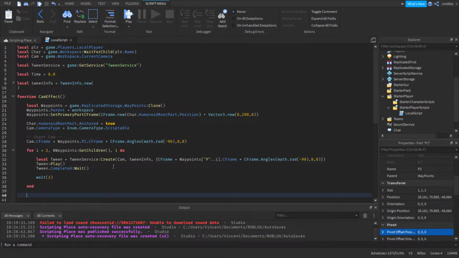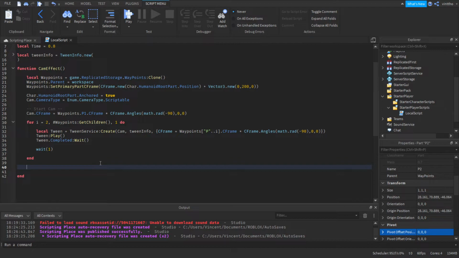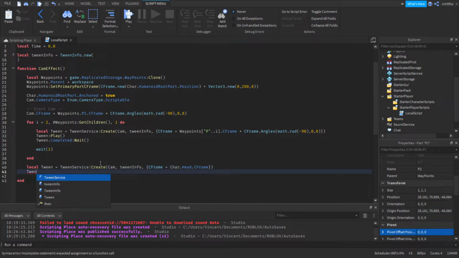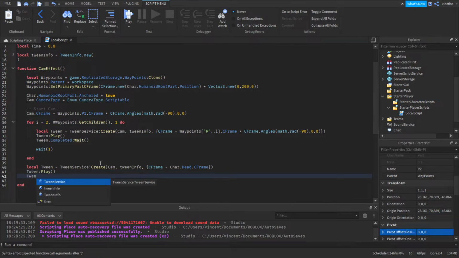Then we're gonna add another tween. So local tween equals tween service create, of course, cam comma tween info comma this again, cframe should be equals to char dot head dot cframe, with small r. There we go. Tween play, tween dot completed wait,